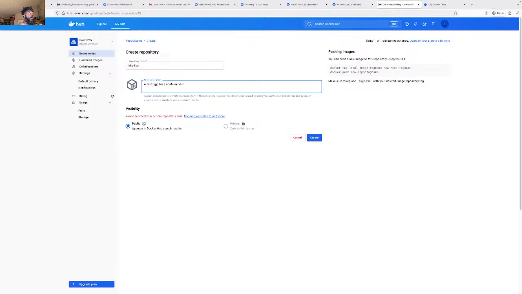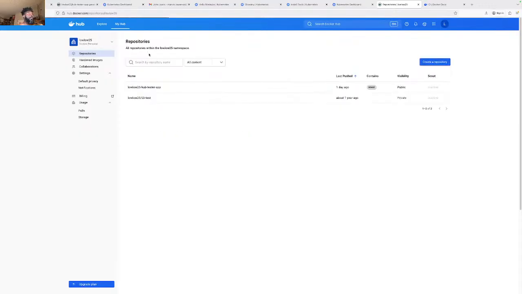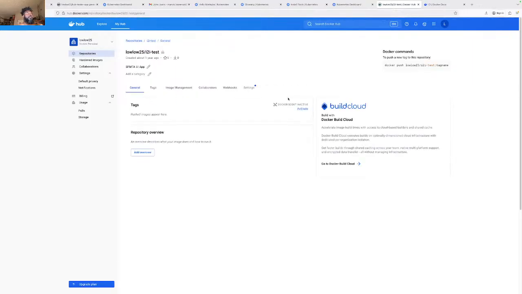Oh, you reached a private repository limit. Let's go to a repository and delete one. How many do I get? Can I delete this? I don't know why I made this. Can you delete repos?